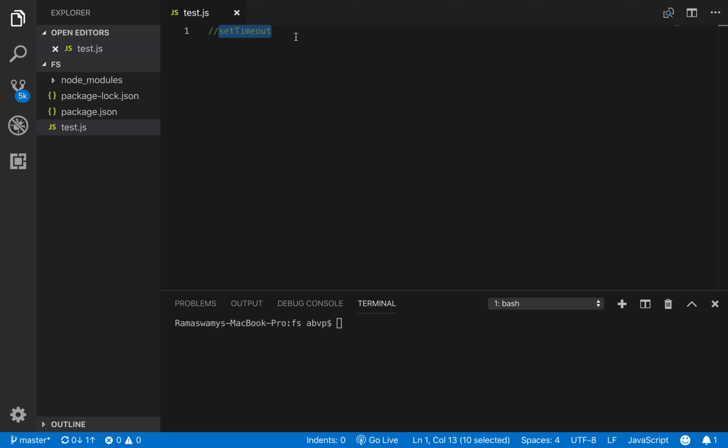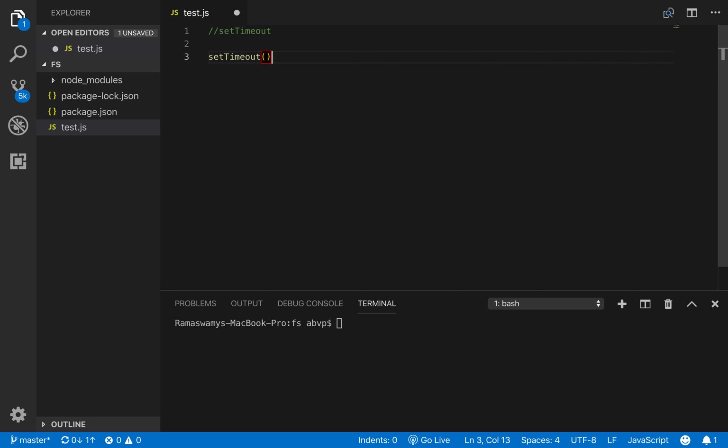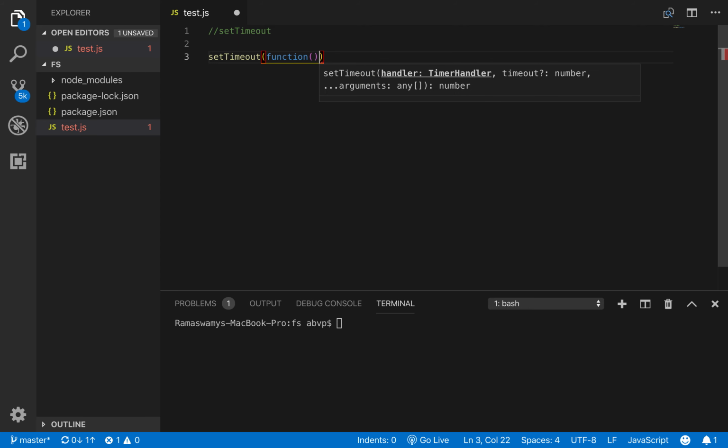This function setTimeout can be used in web applications to implement slideshows, to show or hide pop-up dialogues after a certain amount of time, etc. So let's get started with a simple example to understand this function. So the function is setTimeout that accepts a function. So let us have an anonymous function,